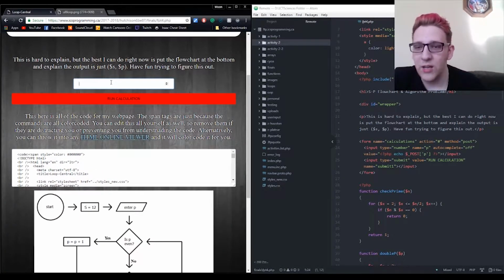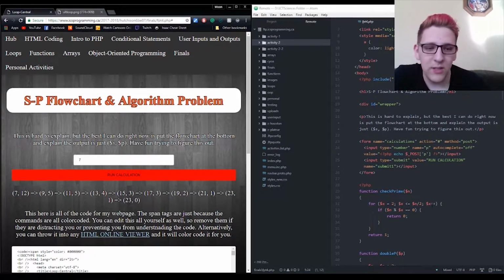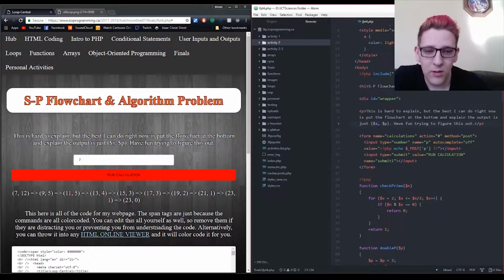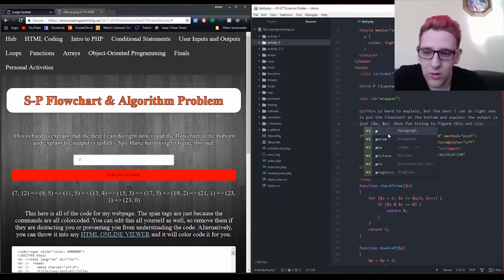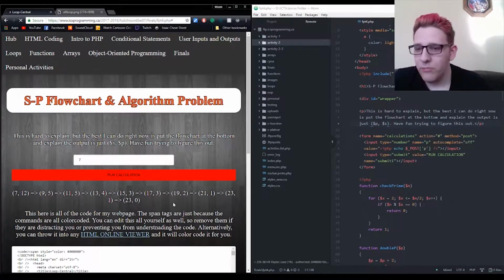So let's say S is 7, so we can see the calculation. $P is 7. I'm just going to change that real quick. So, if P is 7, S is 12, P becomes 9, S is still 5, then it becomes 11, while